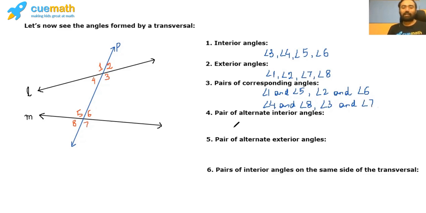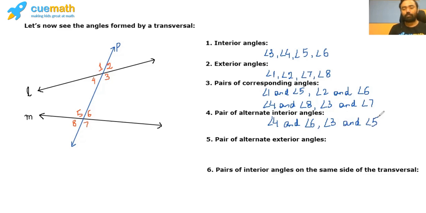Let us now look at the next category, which says pair of alternate interior angles. Now, when it says interior angles, we'll have to look at the interior of both these lines L and M. So interior means there are 4 angles, 4, 3, 5, and 6, but it says alternate. So alternate means at alternate positions. They cannot be on the same side of the transversal. So the angle which is at an alternate position to angle 4 and to the interior of the two lines would be angle 6. So basically the first pair of alternate interior angles is 4 and angle 6. The next pair would be of angle 3 and